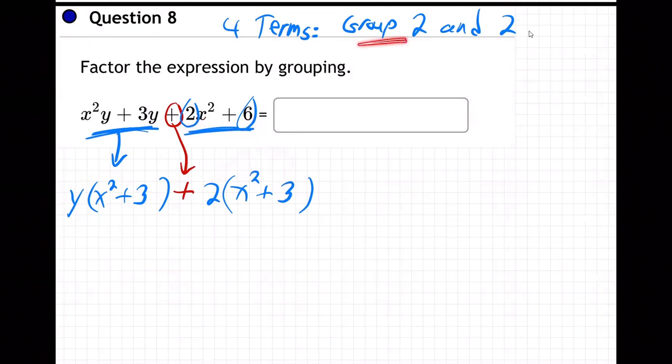So I did 2 different groups. I grouped the first 2 and the last 2. The first 2, I took out what's in common. They both have a y. The last 2, I took out what's in common. They both have a 2. 2 goes into both of them. Now,